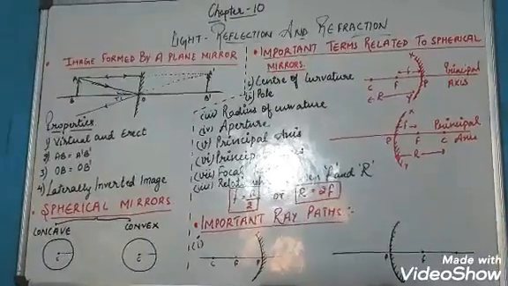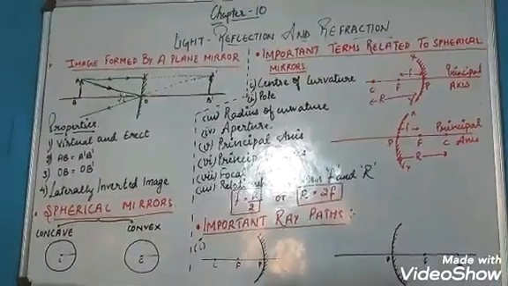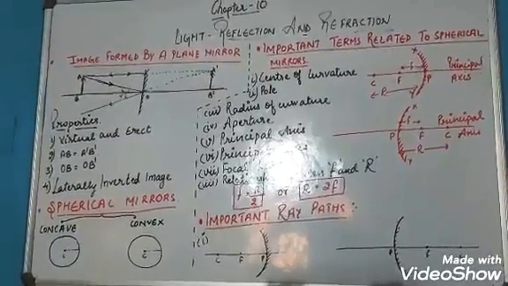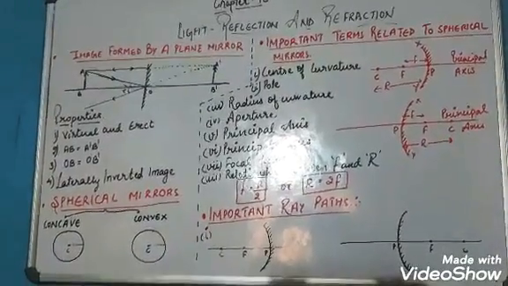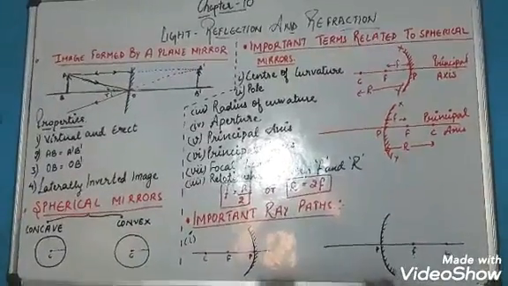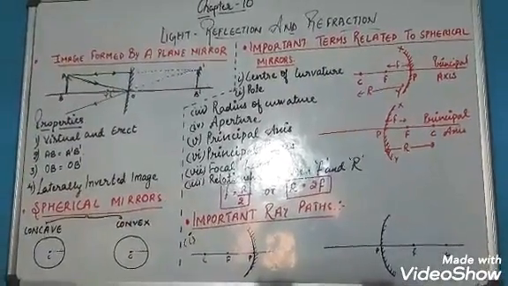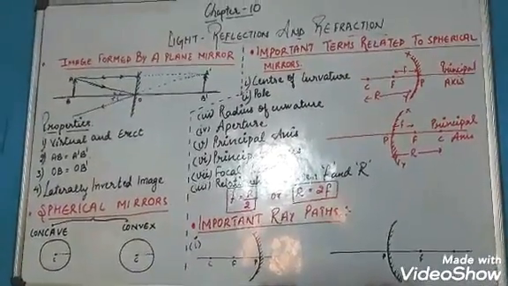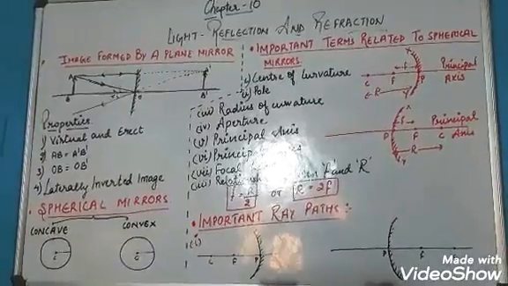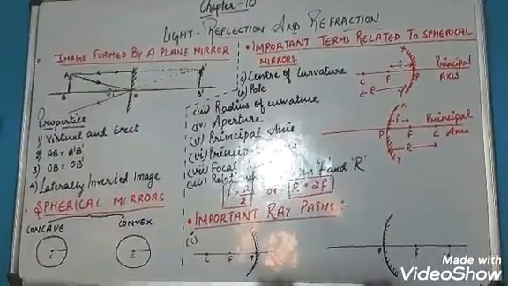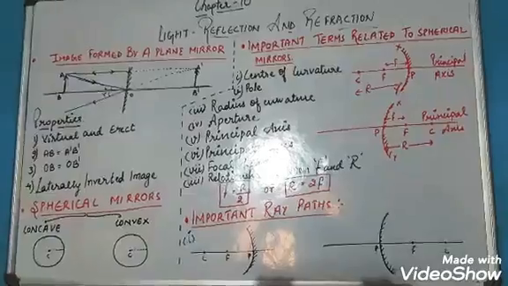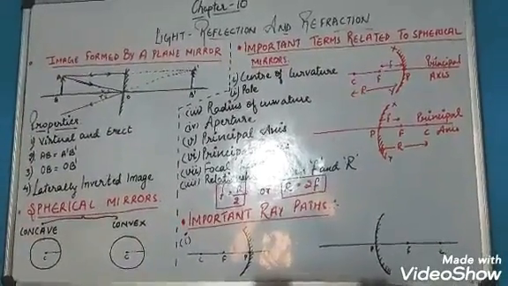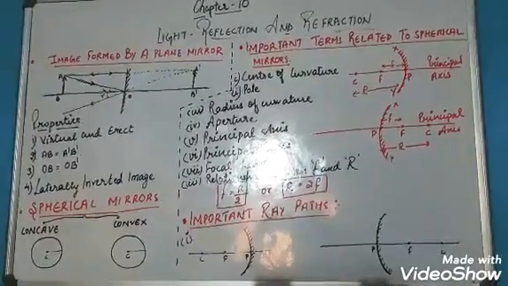For example, like when you watch movies, or in the case of a projector used to project images on a board or on a screen. That can be obtained and that can be recorded. The main thing is that it can be recorded. These kinds of images are known as real images. So in the case of a plane mirror, we get a virtual image that cannot be obtained on a screen. It will remain there only as long as the object is kept in front of the mirror.